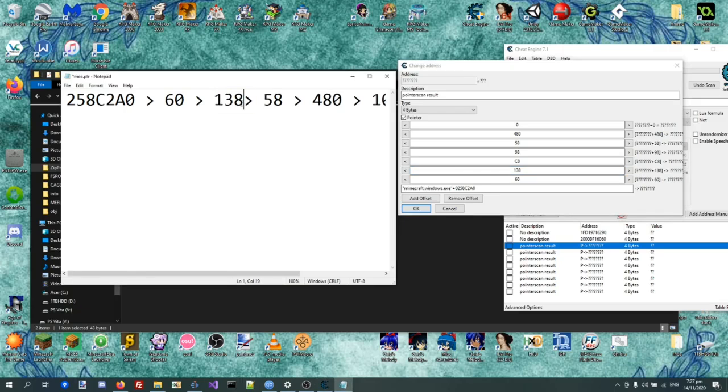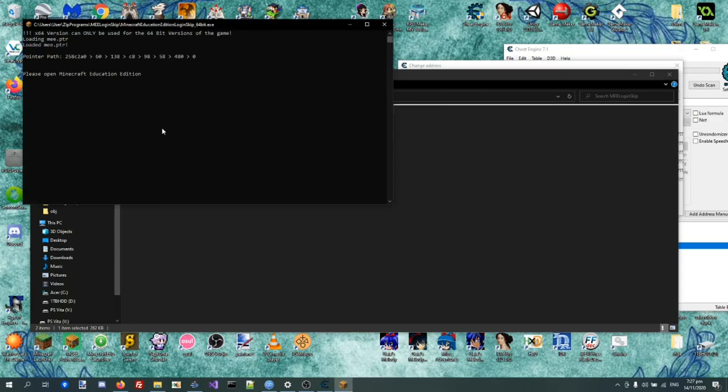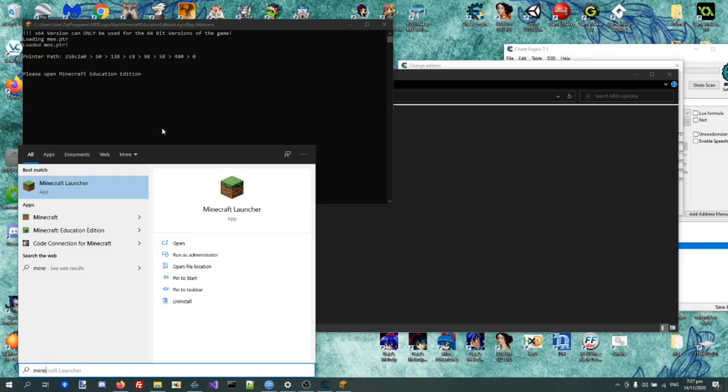So you'll see in here, okay, 98, well, C8, 98, 58, 480 0. Okay, so yeah, you just basically map out whatever you put in here into here, save it, and then open the program. And now if you open up Minecraft Education Edition,